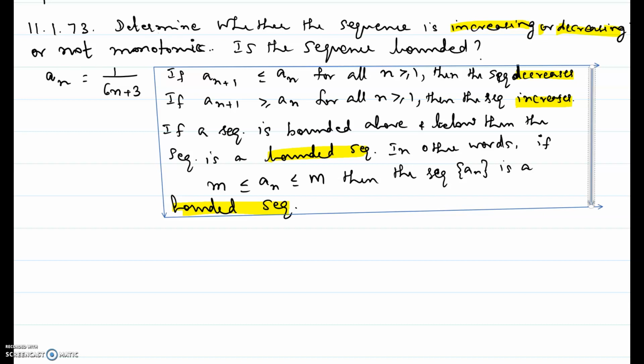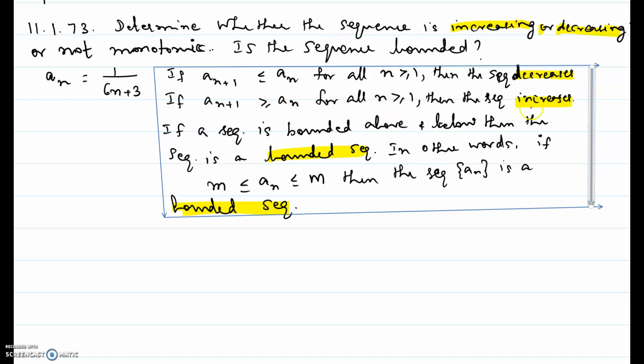Let's consider the definition of when the sequence is decreasing, when the sequence is increasing, and when the sequence is bounded. If a sub n plus 1 is less than or equal to a sub n, or the n plus first term is less than or equal to the nth term, for all n more than or equal to 1, then the sequence decreases. If a sub n plus 1 is more than or equal to a sub n, or the n plus first term is more than or equal to the nth term for every n more than or equal to 1, then